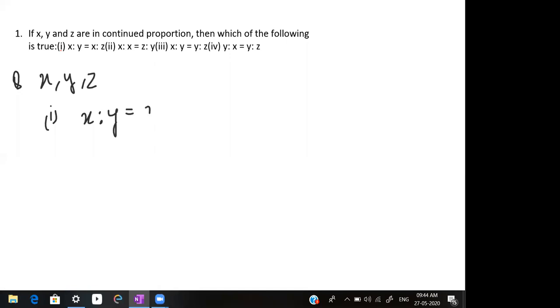Actually, let me tell you that in the previous class, I explained till question number 4. If you remember, I explained questions 1, 2, 3, 4 in the previous class, but today I want to start from the beginning. So let us now understand questions 1, 2, 3, 4 again. Then I will continue with question number 5.